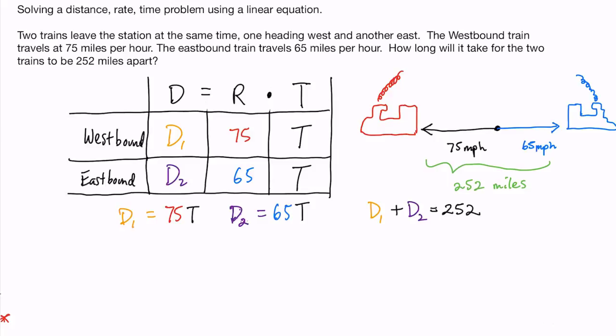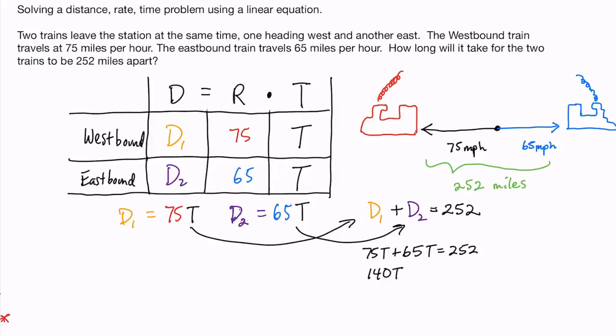Well, now we could simply substitute. Substitute there. Substitute there. And we get 75T plus 65T is equal to 252. That's 140T is now equal to 252. Divide the entire side by 140. And what do we get? We get T is equal to